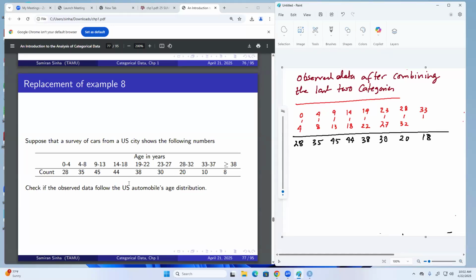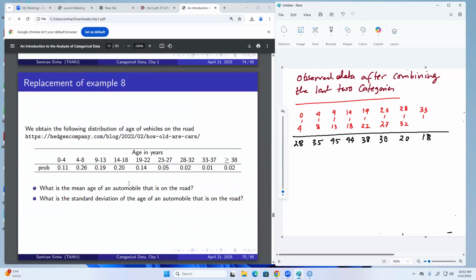Now, what about the age distribution? The corresponding probabilities will be 0.11, 0.26,